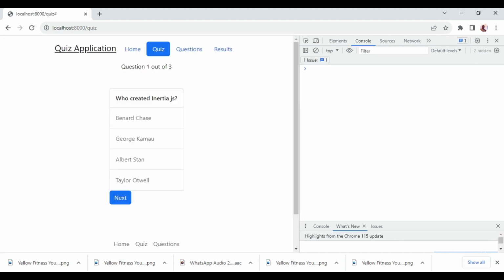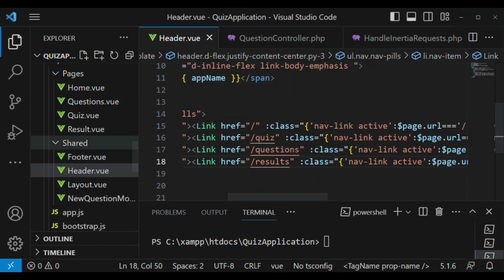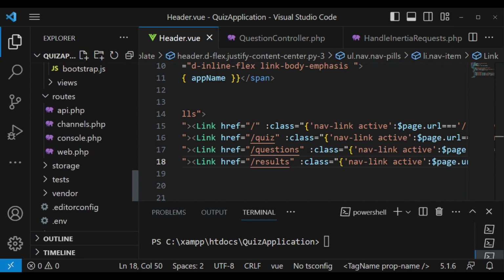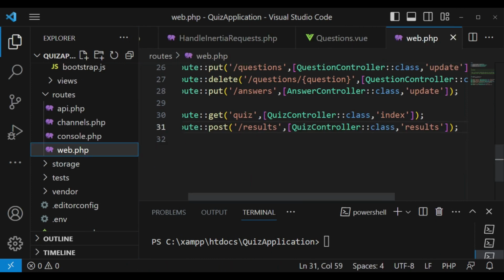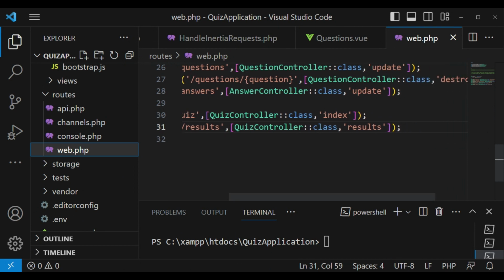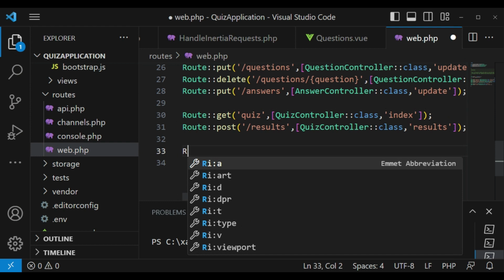And in this case, I would like us to handle that problem. And what we are going to do is that in our routes, we are going to have a fallback route. So in this case, I'm going to have a fallback route such that when somebody clicks on results, because there's nothing that you'll be able to show them, they must be forwarded to that page after they have been able to do the quiz. So I'm going to just say route